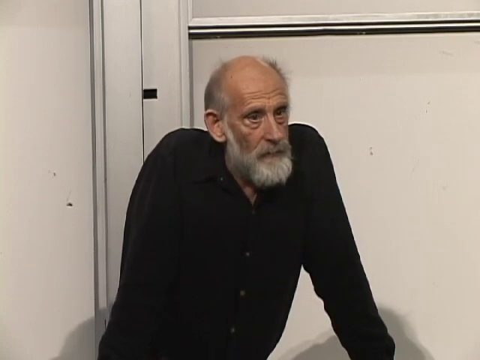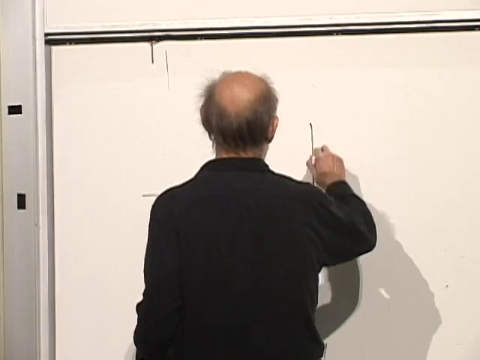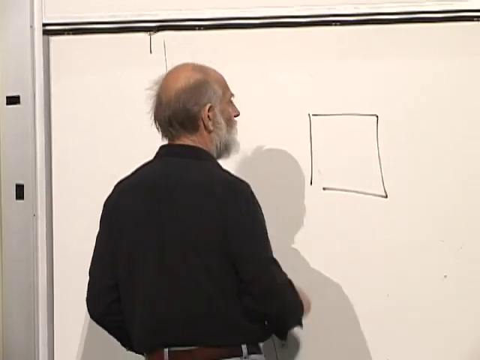Thermal equilibrium is not a property of an isolated system. If you have a truly isolated system, it's not in thermal equilibrium. It has a very definite value of the energy. You may not know what it is, but it has some energy, and that energy is fixed. Thermal equilibrium is a property of a system in contact. I'll tell you what contact means in a minute.